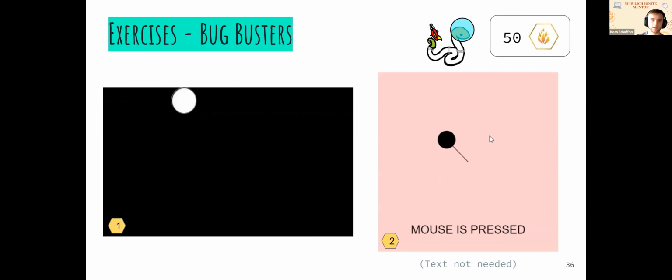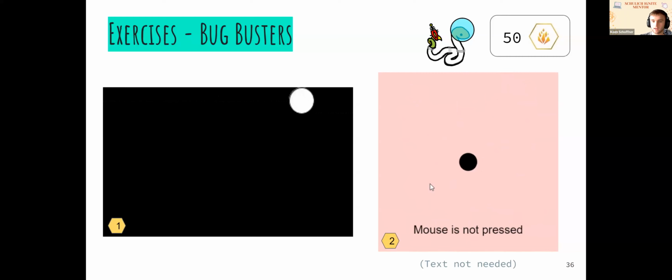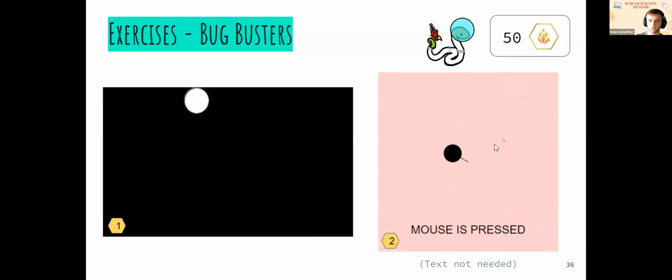Okay, so the exercises for this week, to do next week. For Bug Busters, the first is pretty similar to the one we did in our first exercise, except you want the ball going back and forth, not just resetting. For the second exercise, we'll have a ball in the circle, and anytime you click, the ball is going to go to where your cursor is and follow it around the screen.